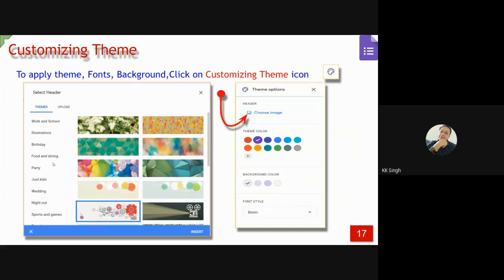Now, customization of the form. You can use this option to customize your form. Choose the image, theme color, and different themes available. You can use any one of them.